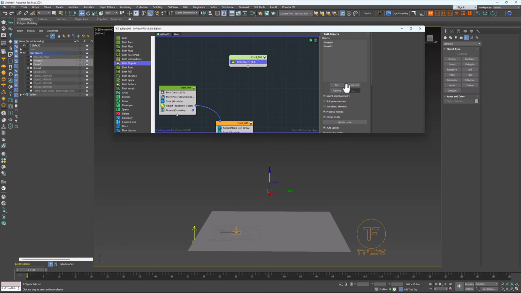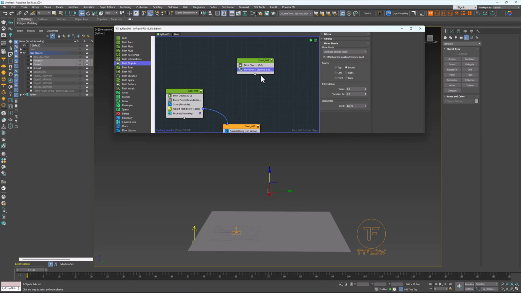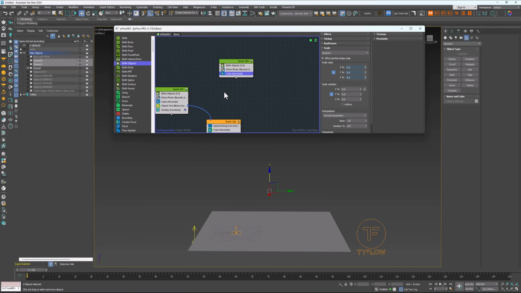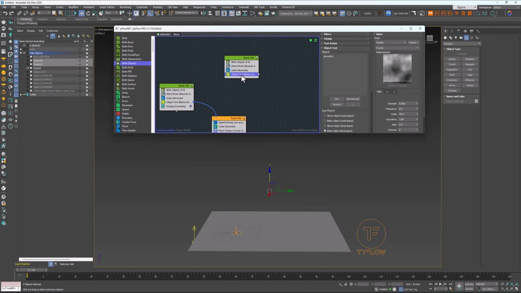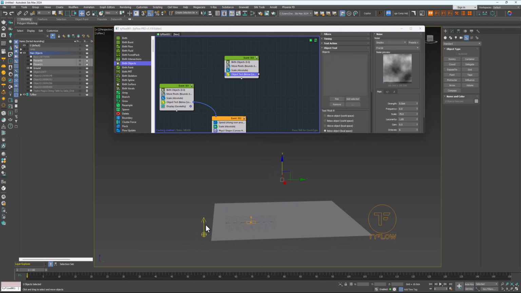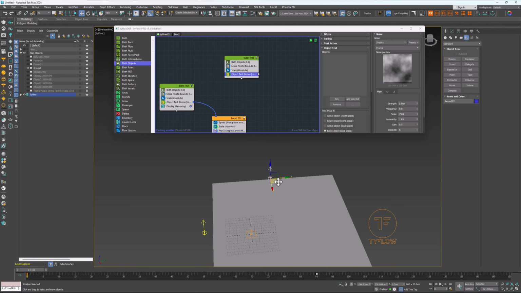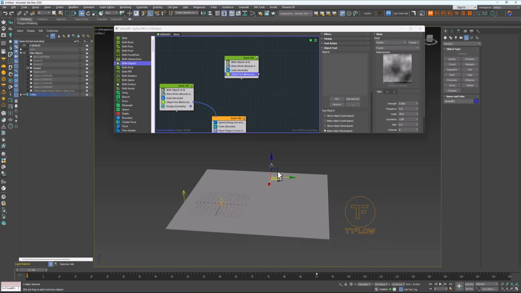Select this and copy this operator from here. Scale and object test, but I want to add another arrow. Just copy it and